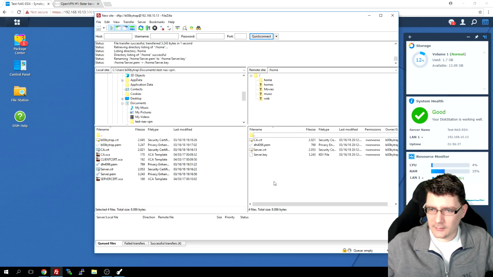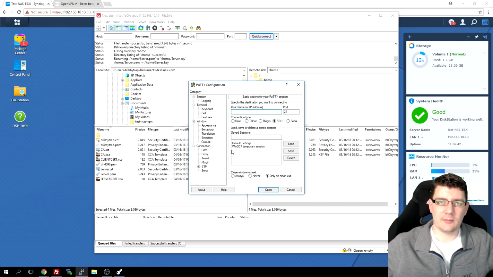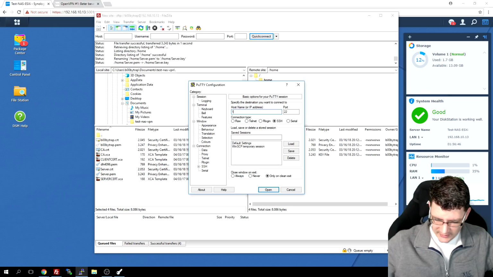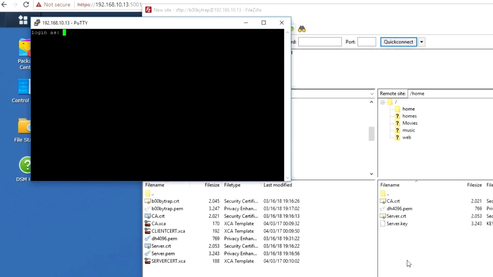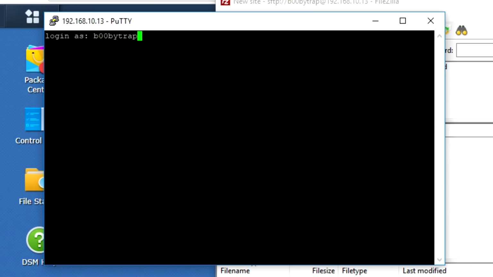Okay, so once that is done, I'm going to fire up PuTTY. I'm going to do the rest with PuTTY as much as I can. Fill in the IP address of your NAS. The same port number, in my case 22. Click on open, log in as the user. A password, yes. And we're going to do the next couple of steps as root. So we're going to type sudo -i,